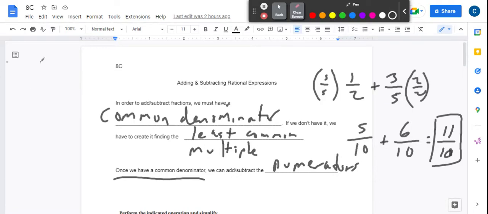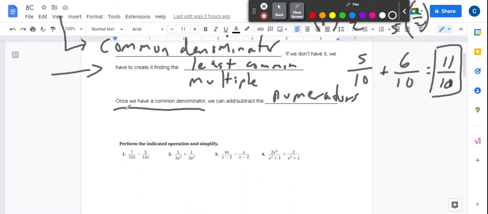All right. So again, adding or subtracting fractions, we have to have a common denominator. If we don't have it, we got to create it. Okay, getting the least common multiple. We're going to talk about the least common multiple up here on the second page. Don't want to get ahead of ourselves here. First thing I want to do is perform the indicated operation and simplify. So you see with these, we already have common denominators already. So because we have common denominators already, all we have to do is add or subtract the numerators and then